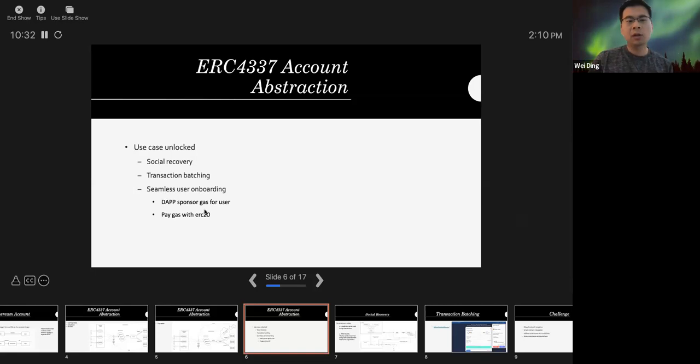And with the paymaster, it can achieve seamless user onboarding. For example, a lot of protocols issue their token for governance, but it can also unlock the possibility that a user could stake a certain amount of the token in their protocol, and the protocol could pay the gas fee on behalf of the users if the user uses their protocol, and also the ERC20 paymaster.